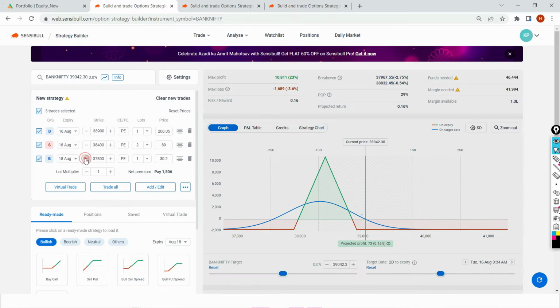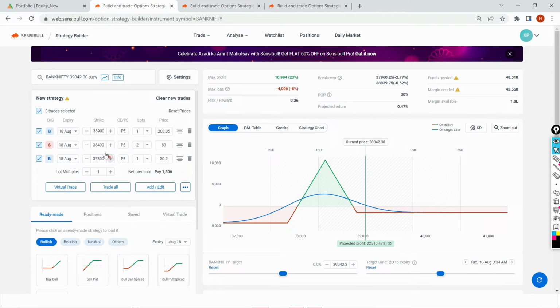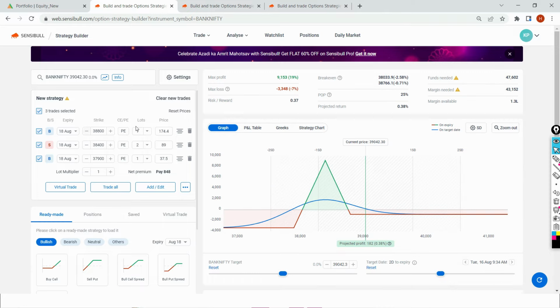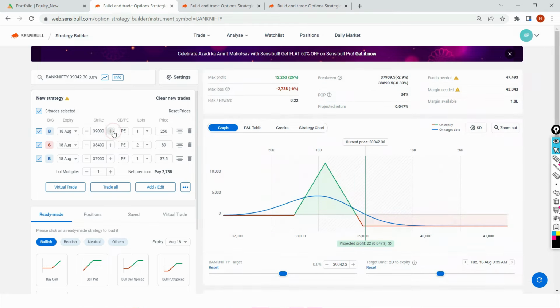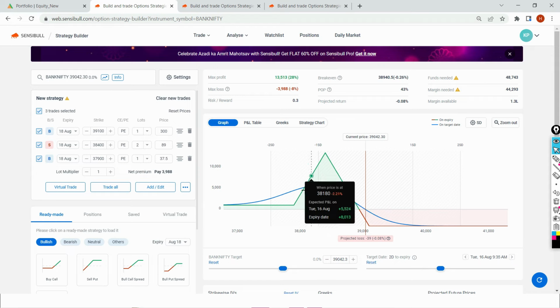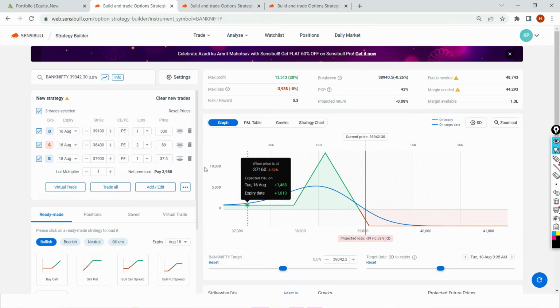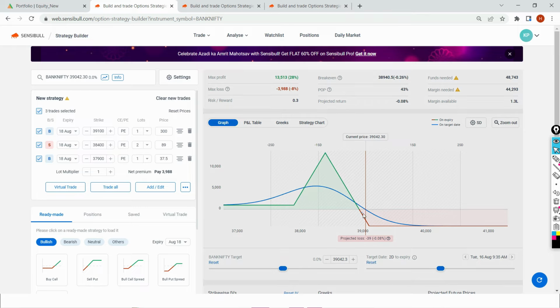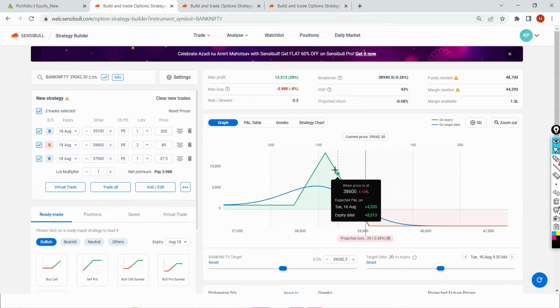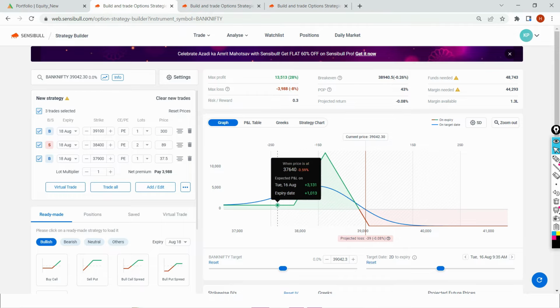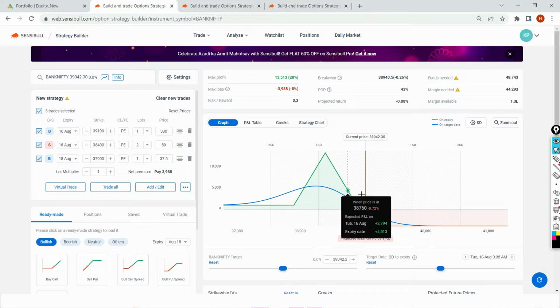Let me see, right? Sorry, not this one. Okay, see, this is also not the view that I have. So I'll go like 100 points down. That's it. So this is my typical directional butterfly on the put side. I'll get into profit even if the market makes a down circuit of 5%, 10%, with a